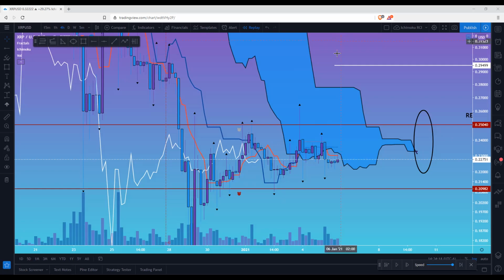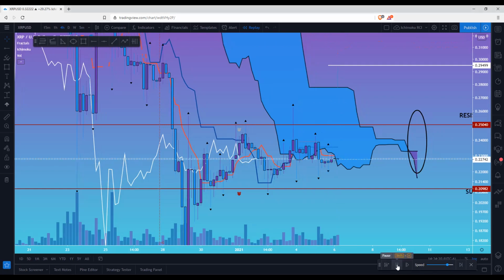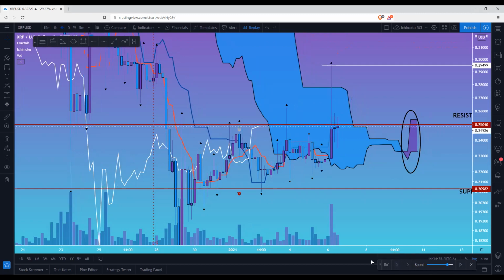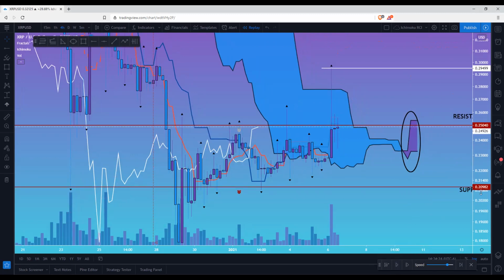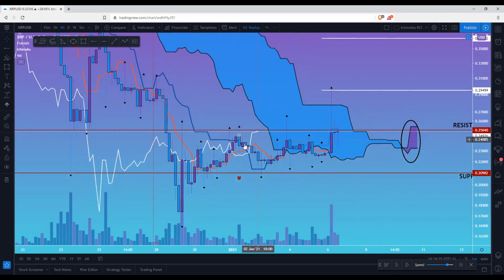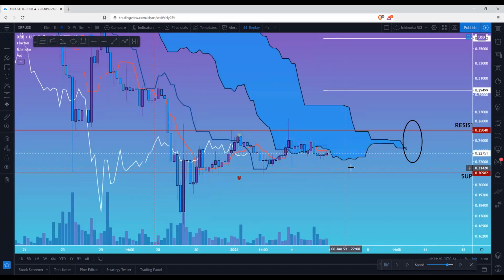All right, so what we're going to do, we're going to play a little bit, make it a little bit slower so I could catch it. Well, that happened way too quick. But yes, you would have started looking for that opportunity around in here. So right about here is where you would have wanted to take it. So if we go back a little bit about right here,